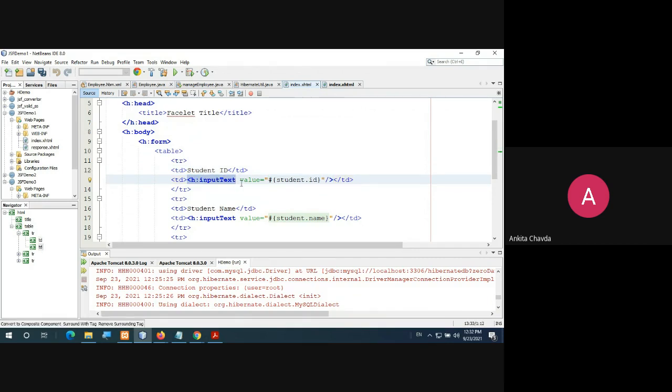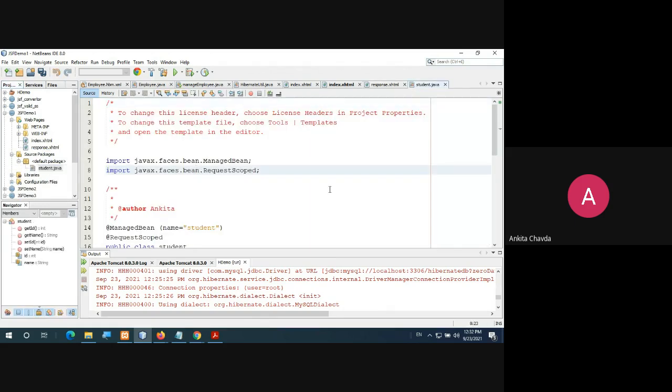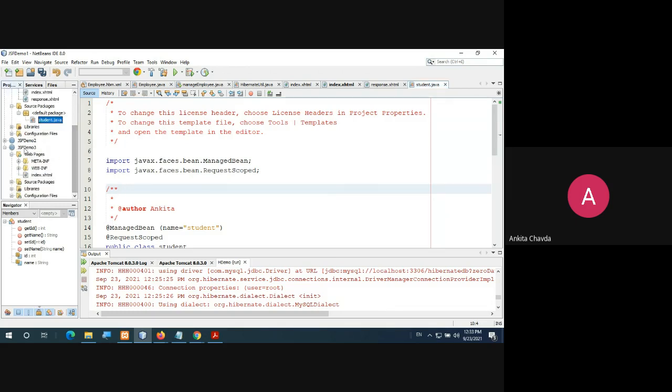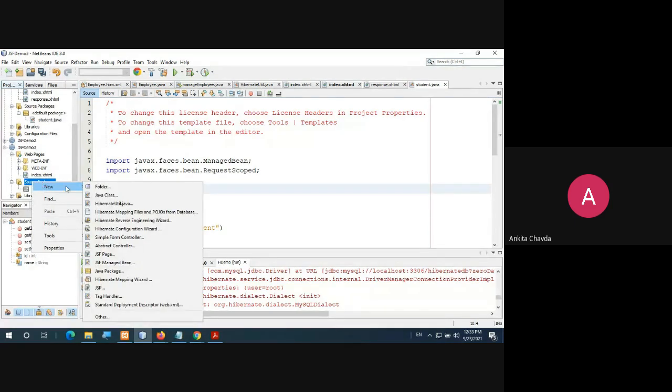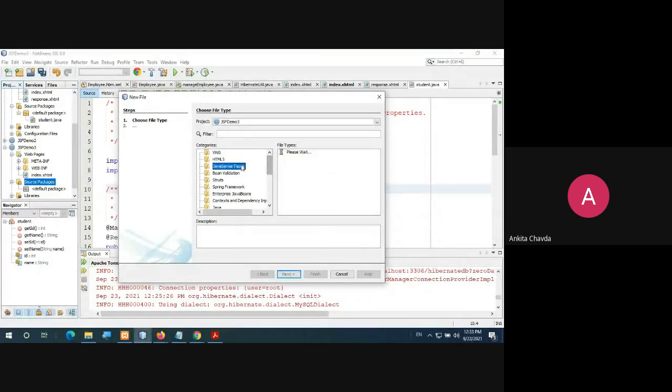It will take an input, and value is equal to what? Always use the hash sign, then curly brackets, and I am giving here student.id. Now from where will you get the student? Suppose in the source file I have created one managed bean. I'm showing you. You will go to this JSF demo 3, and in the source package, create new, go to other, select JSF, Java Server Faces.